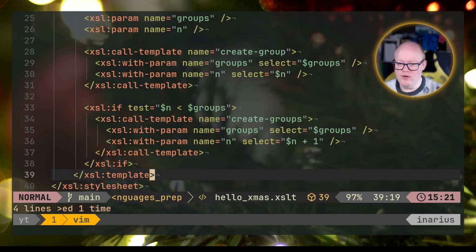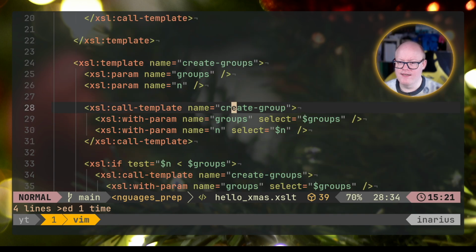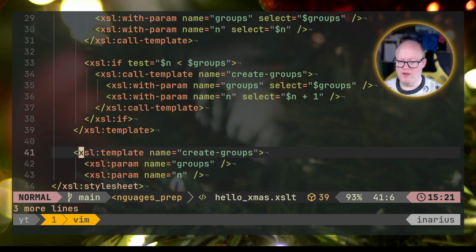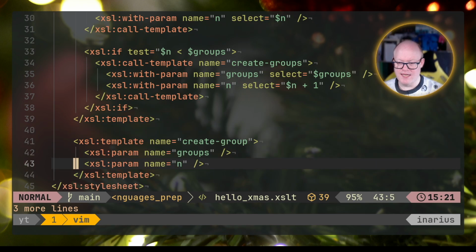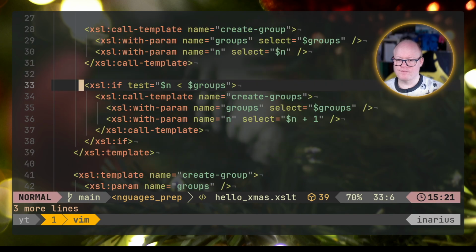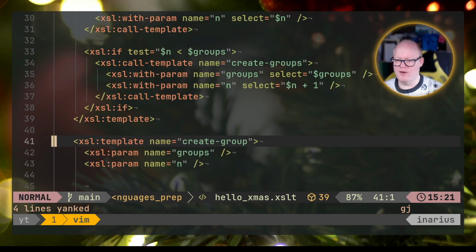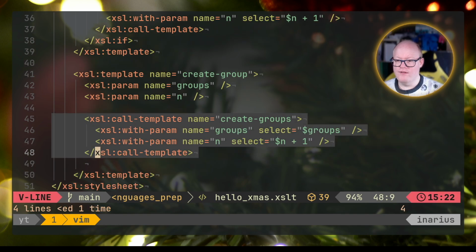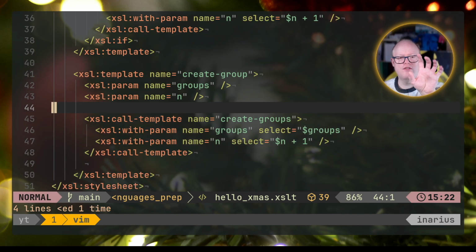Okay, so now essentially what we should create is a create group template. So let's maybe steal this header here. Let's copy that down here. Let's do something like create group, which in the end needs the same attributes like groups and n. We gave it that. And now we need to call into a couple of other templates that we are going to create. First of all, I guess what we need to do is we need to print out the initial